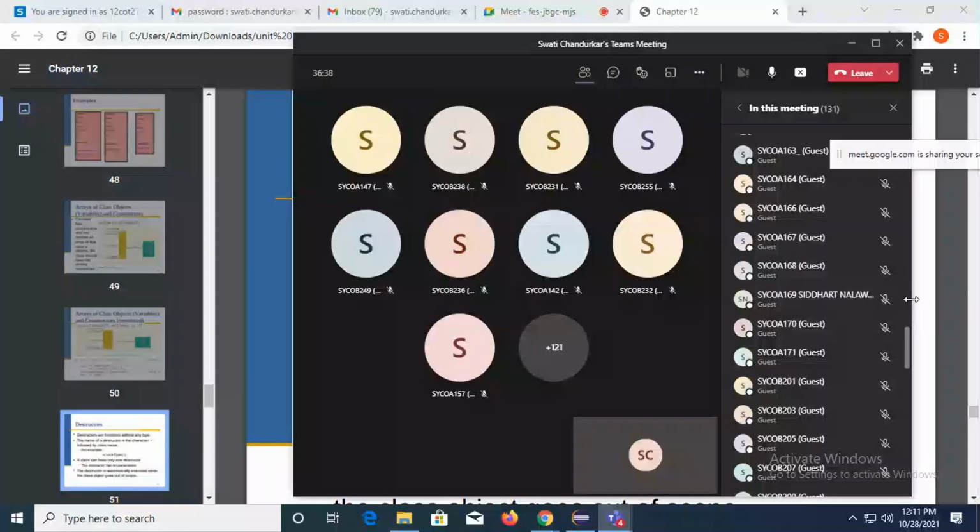Roll number 250. Okay, absent. I will mark here. I'm marking the roll numbers. So I will mark absent. 251. Absent. 252.